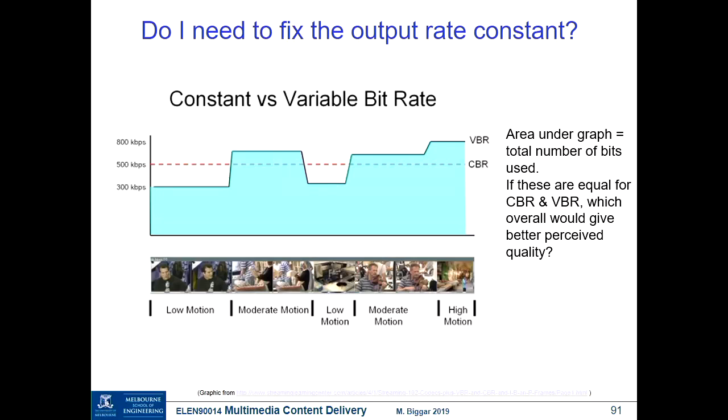Better perceived quality. There's emphasis on the perceived. What was that? CBR? Why? See, maybe the value of VBR, because sometimes the eye, I mean sometimes